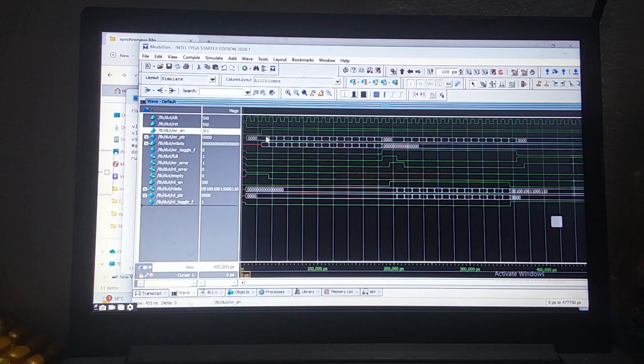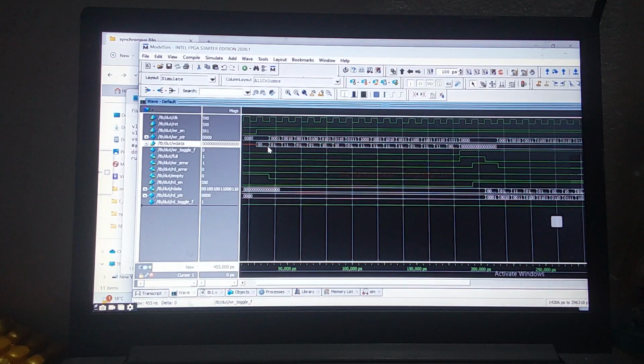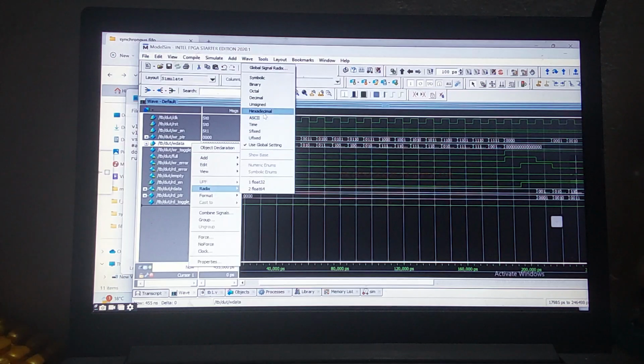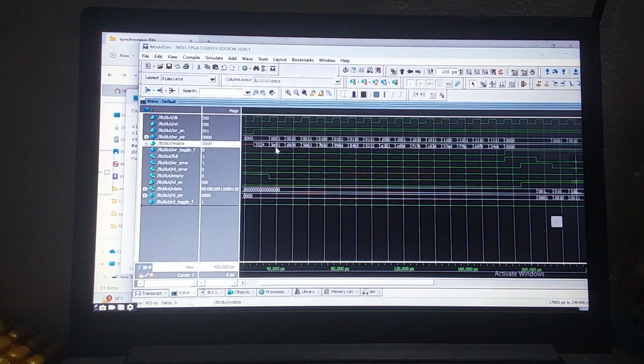When write enable is equal to 1, this is my pointer, so write data is happening here. You understand? Based upon the depth, the write is happening. Let us keep this in the hexadecimal form. At location 0 it is 3524, and location 1 is 5E81, and so on. Once this write happens, what should my toggle flag be? Once it rolls over, it becomes 1. Until then it is 0; now the rollover happened here and this becomes 1.